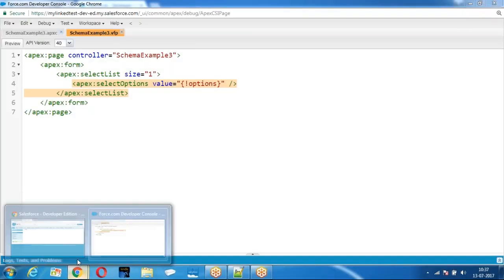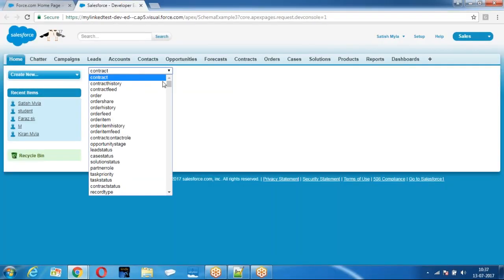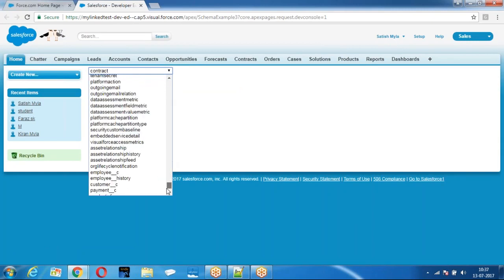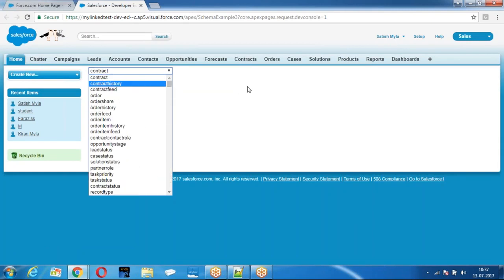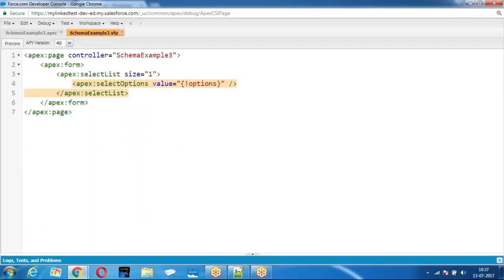In this example, we already fetched a list of all the objects, but I want to fetch only custom objects. So how do you know it's a custom object? We need to get the properties of the object. Once you get the properties, we can have a function called isCustom. If it is a custom object, it gives you true. Then take that object and create a prerequisite. I want to show a list of only custom objects available in your organization.